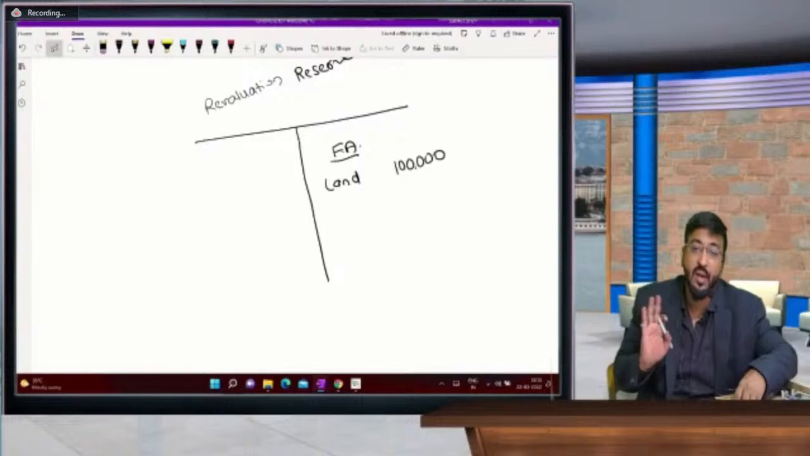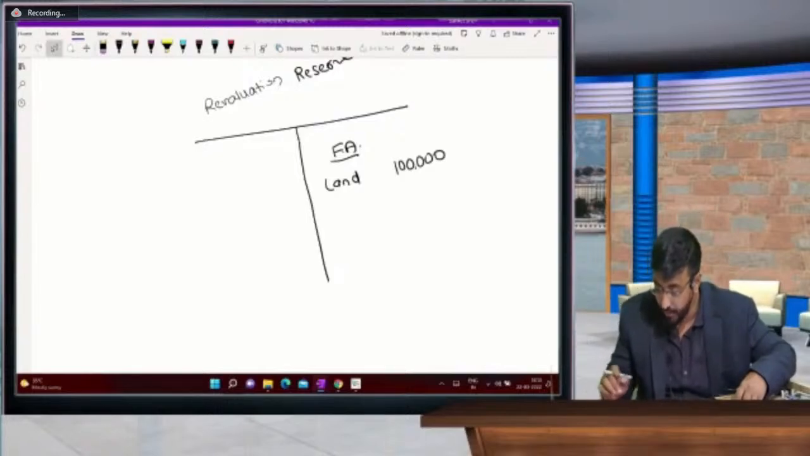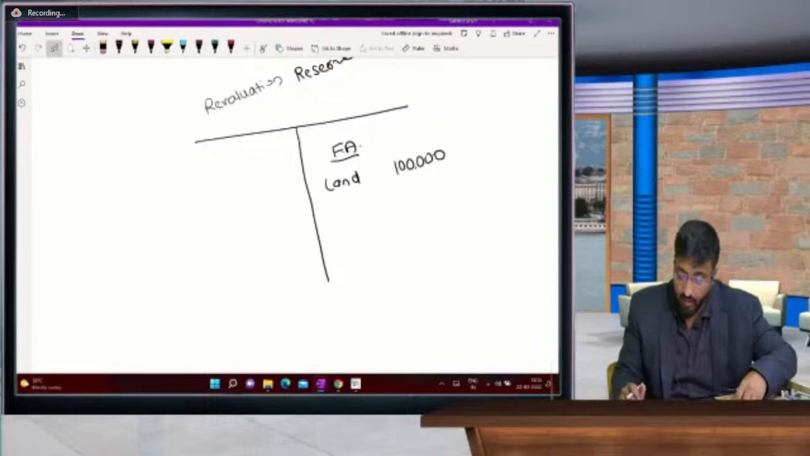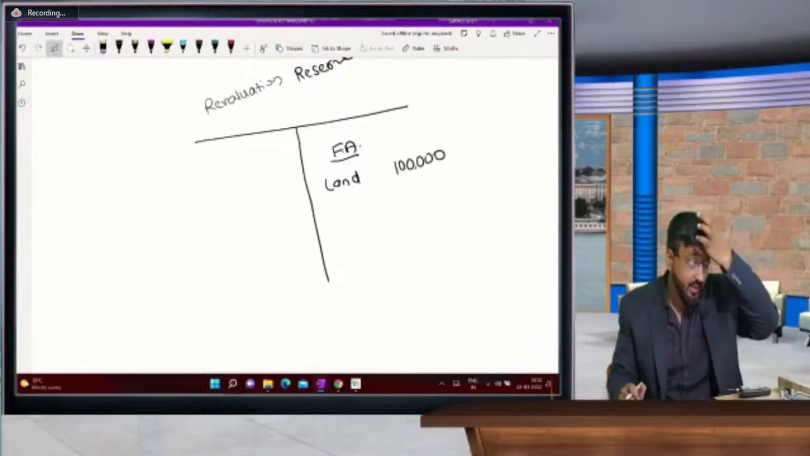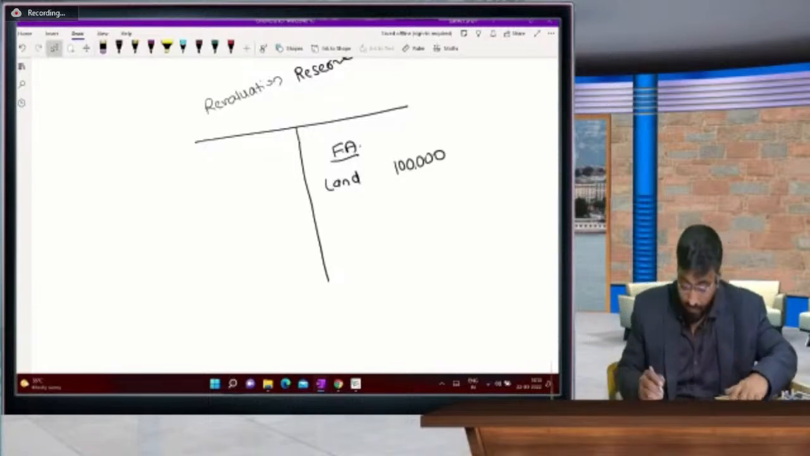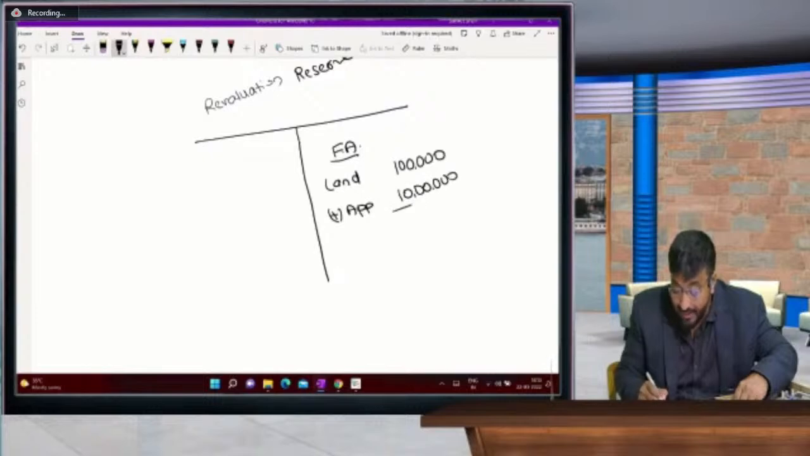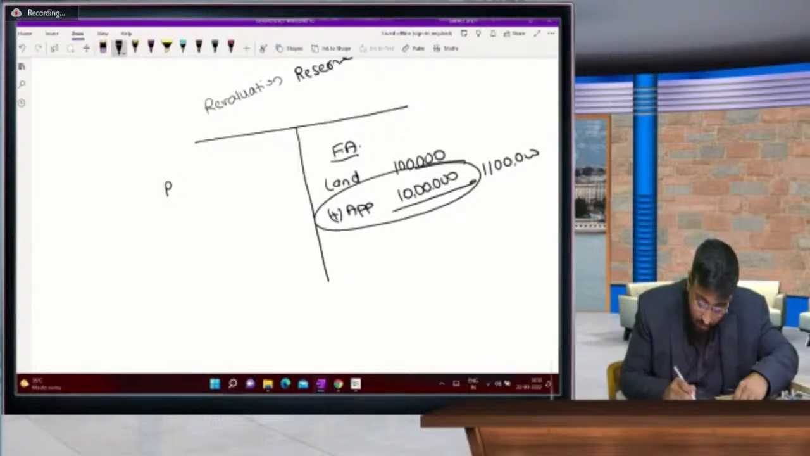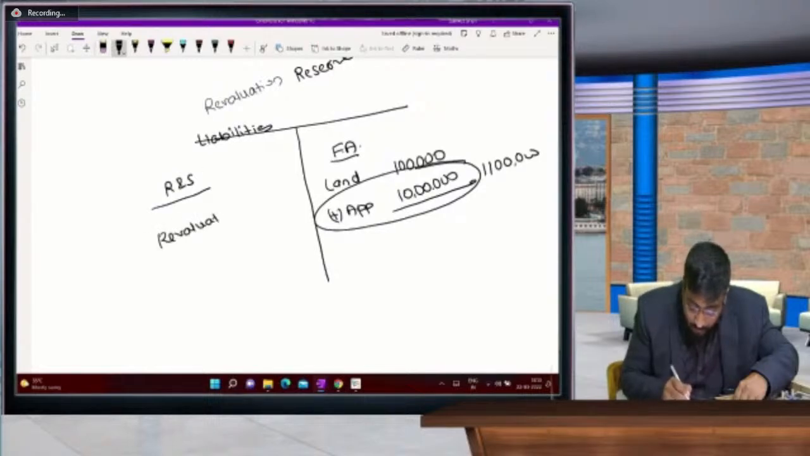Revaluation reserve is never collected in cash. First thing. उषा शुक्ला जी, रिवैल्यूएशन रिजर्व ये कभी भी कैश में नहीं आता. So land account, I bought it for 1 lakh. Okay. Now this land is appreciated by 10 lakhs. Suppose today's value is 11 lakhs. So this appreciation we record on the liability side under the head revaluation reserve. Tell me